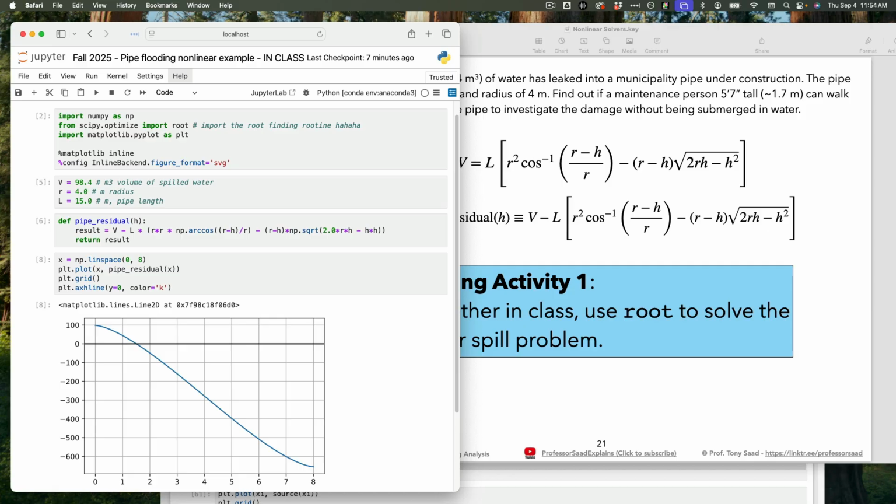This is good news because this residual function does have a root. It has a single root, and it's located around this height. The height is almost 1.5 meters. I don't know exactly what it is, but that's what the root algorithm is going to find for us. At least I visually eyeballed it, so I can start my initial guess at h equal 1 or h equal 3 or h equal 4, and it's going to find it. Let's see how this works